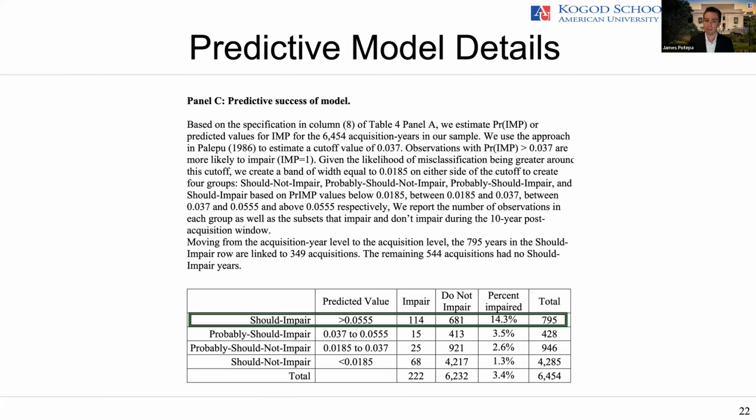We're going to focus on situations where our model is indicating should impair, so the highest likelihood of impairment. We're going to focus on things at the transaction level and follow through from there. Of our 893 transactions, our model is indicating that 349 of them have at least one should impair. So starting with that first should impair, we're going to track what's going on.